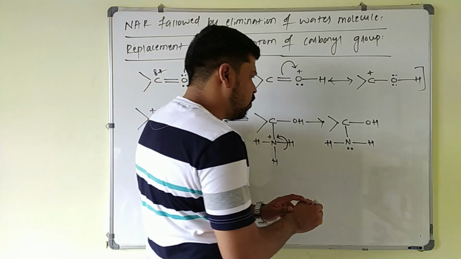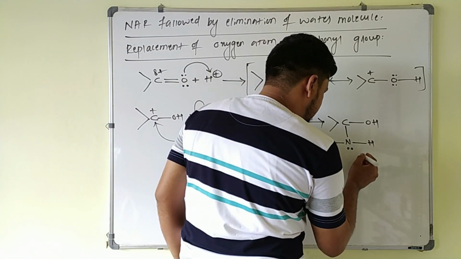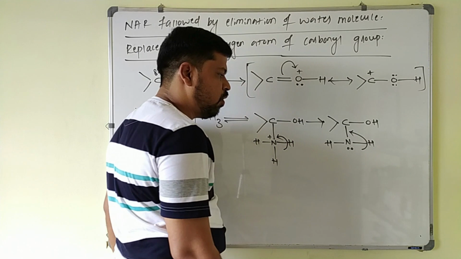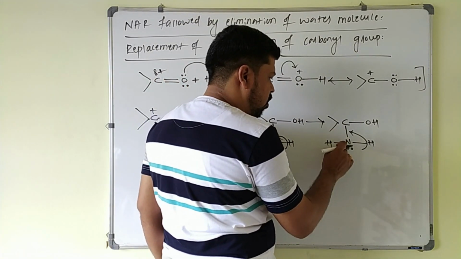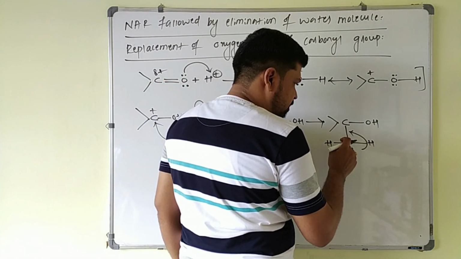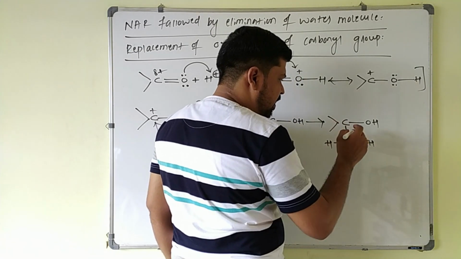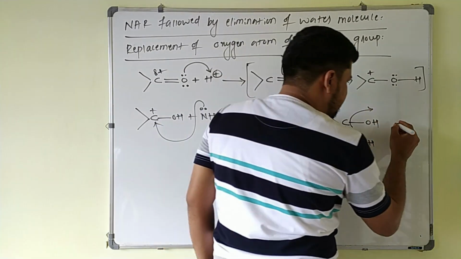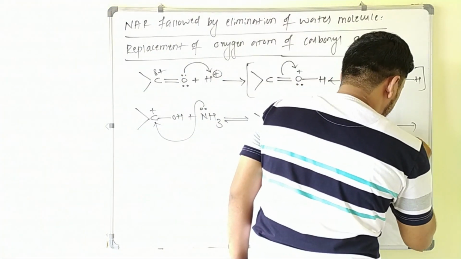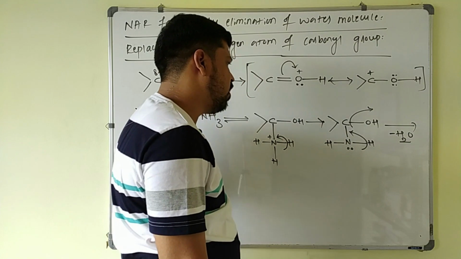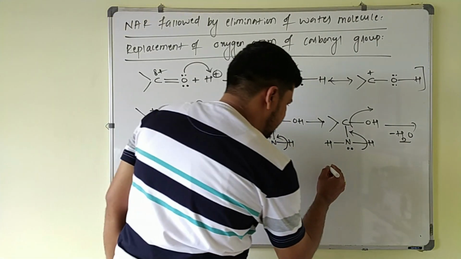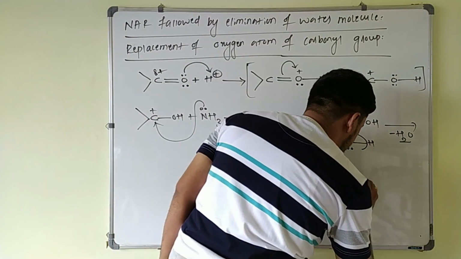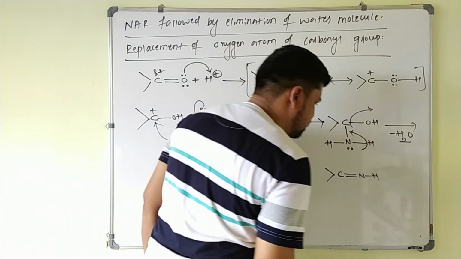Again there is elimination of what? Water molecule. Again this is also unstable. So here this bond pair of hydrogen is taken up by nitrogen again, so that there is a formation of a CN double bond. When this bond pair is taken by this one, this OH minus is eliminated, this H plus and OH minus, there is elimination of a water molecule. When there is elimination of a water molecule, what happens here? There is a formation of, this is carbon, carbon forms a double bond with the nitrogen and this is hydrogen.